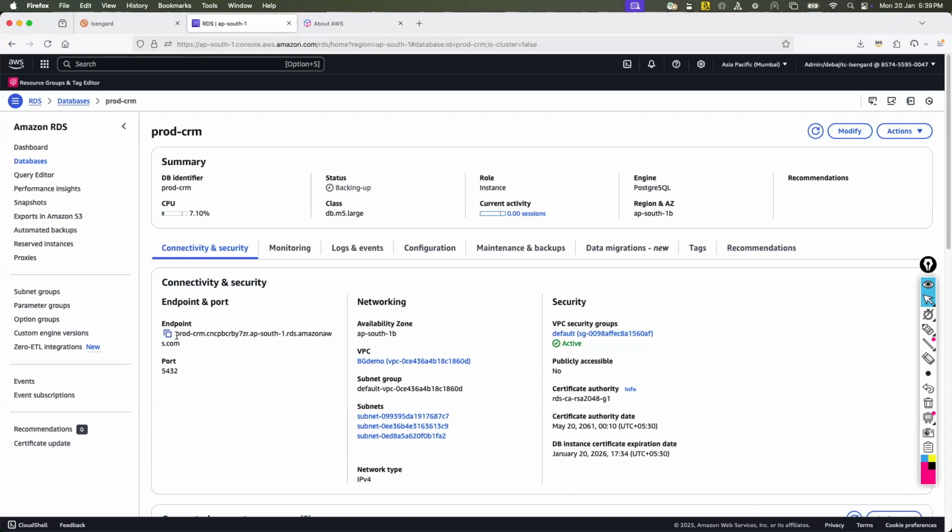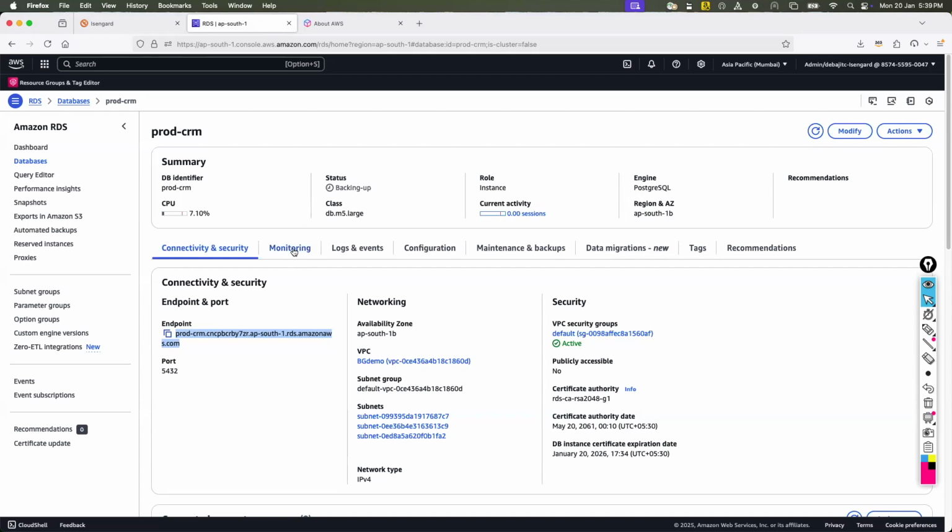That means in your application class, you have to define this endpoint and definitely the database user ID and password, correct? In the traditional way, if you are not using any cloud, we usually declare the server name, user ID, and password. But now, instead of the server name, you should use the endpoint.